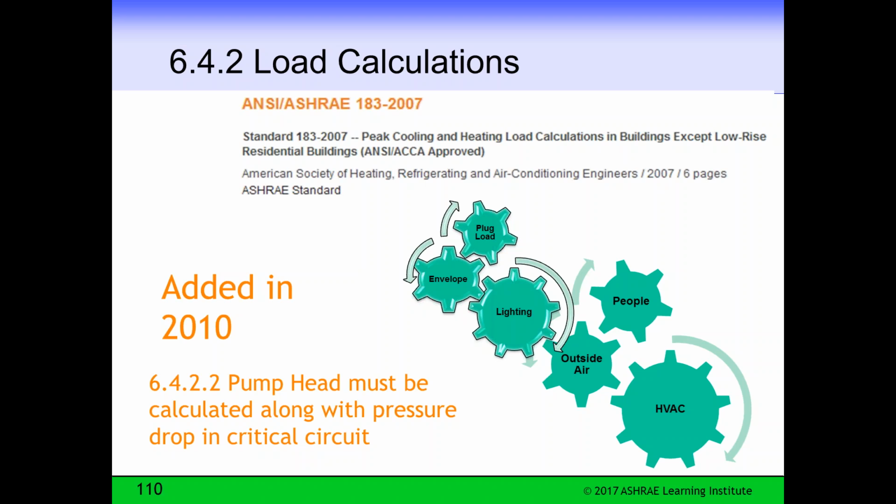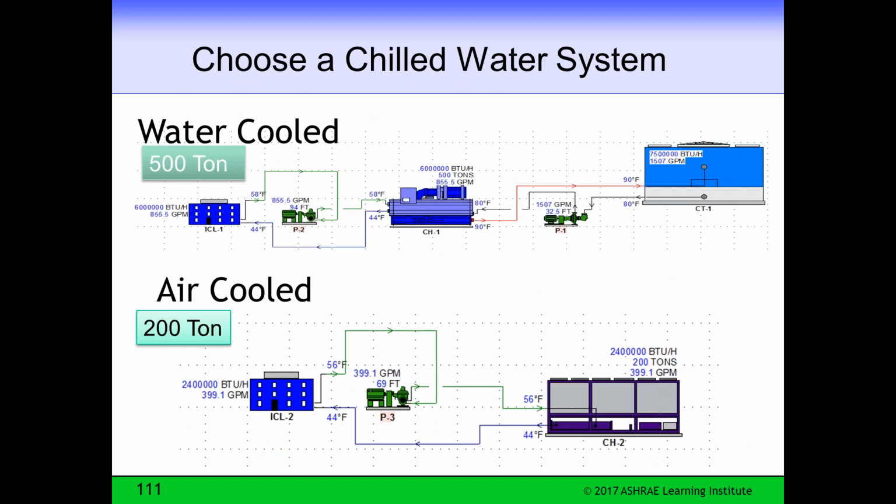Now, added in 2010, we also require you to do the pump head calculation to the most pressure drop in the hydraulic line to the most remote unit or remote load for the critical circuit. Now, in VAVs, it may require you to run more than one path, but basically, we want you to know that you're sizing that pump properly, that you've done a calculation to say what the pump head's going to be.